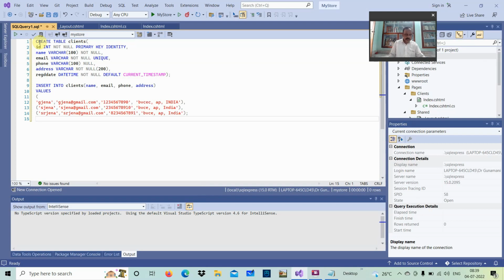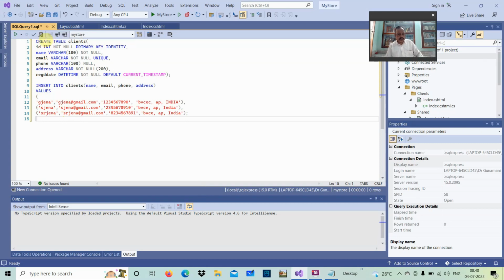Now what you need to do is run here. Can you see it here? The Execute button is there. You click this one, Execute. It will show how many rows are affected: 1, 2, 3, 3 rows are affected. It will show the output. Because I already created it, I am not going to show that one. So 3 rows are affected.